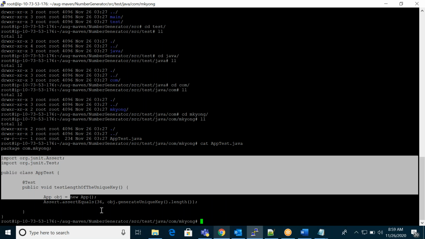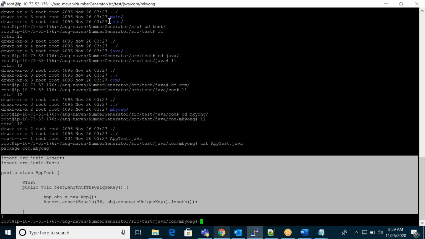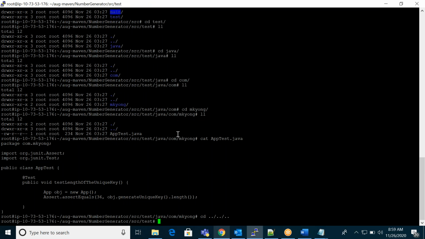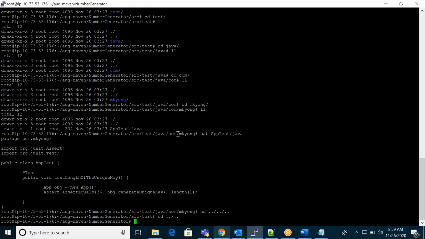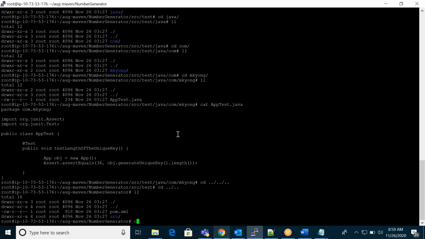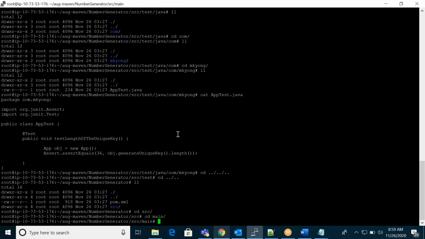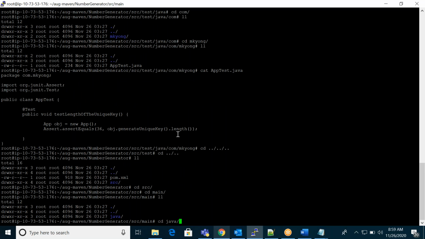So in the test folder, and in the main folder, we have the source code. Source, cd main, cd java.